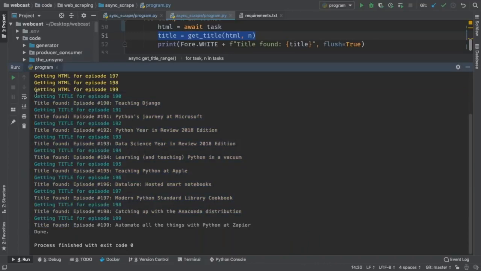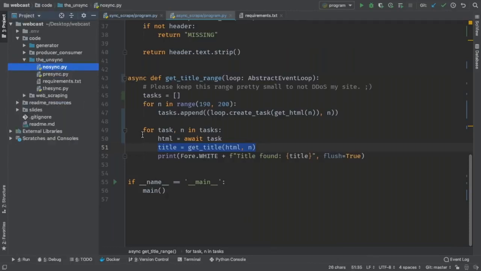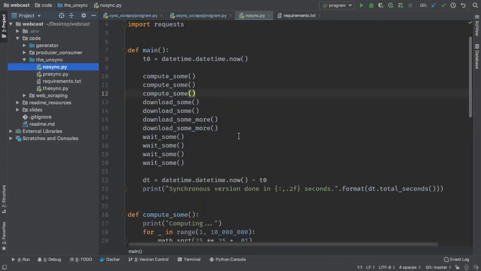So we could get more parallelism if we computationally did that in Beautiful Soup on other processes, right? So how do you mix these? Sometimes you want to mix them, right? There's a cool library called Unsync. And I'm going to show you something real quick here because we're low on time.